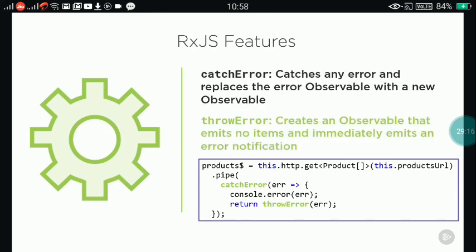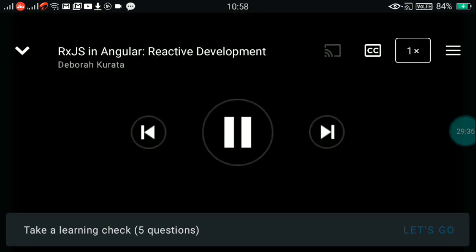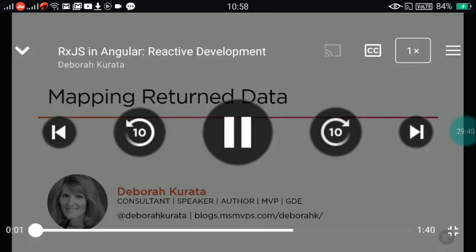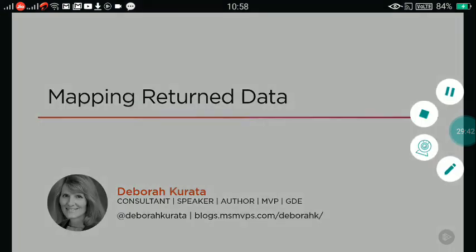Throw error creates an observable that emits no items and then immediately emits an error notification, stopping the created stream. Use it to propagate an error. Now that we know how to retrieve data using reactive techniques, let's look at how to map that data to our needs. Sometimes the data